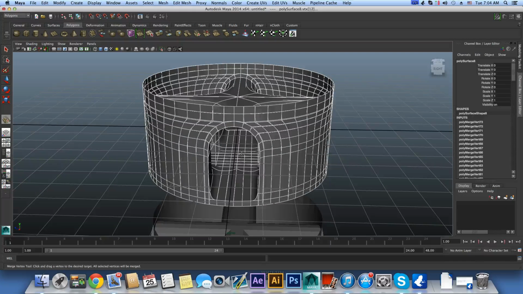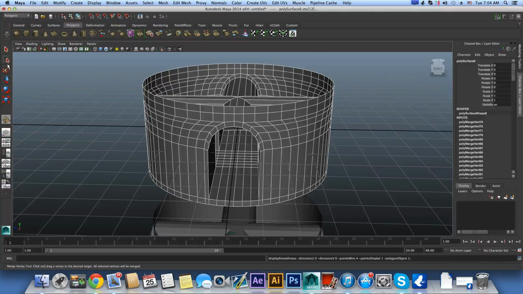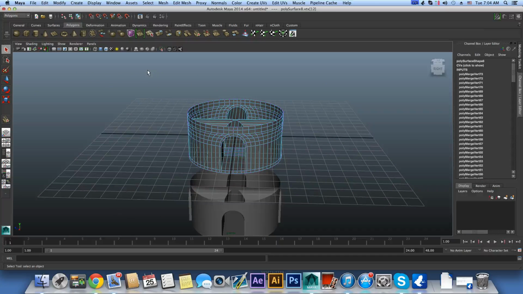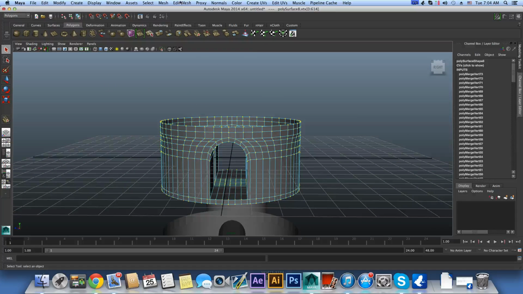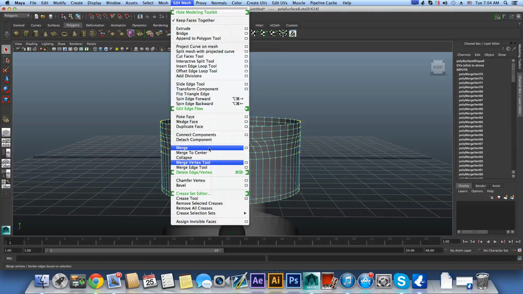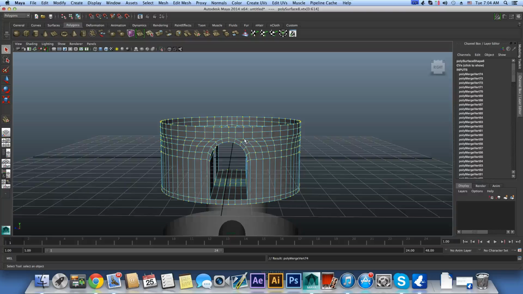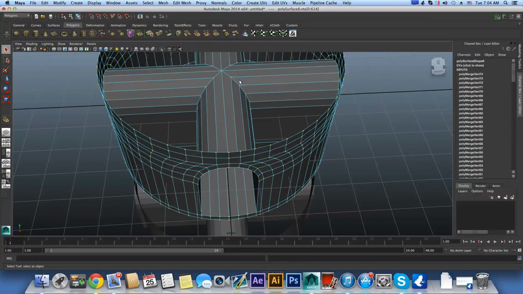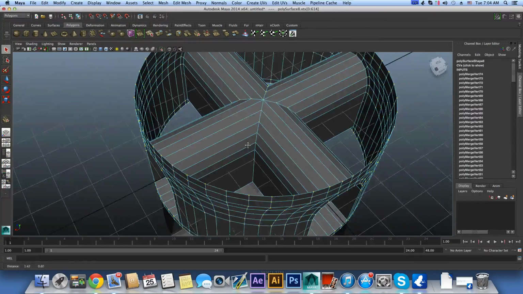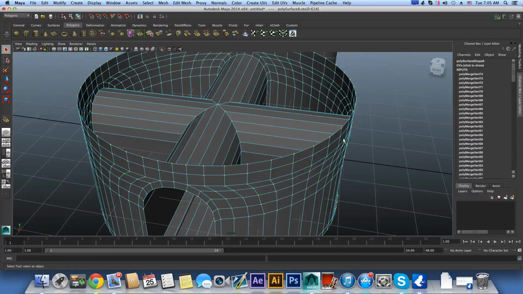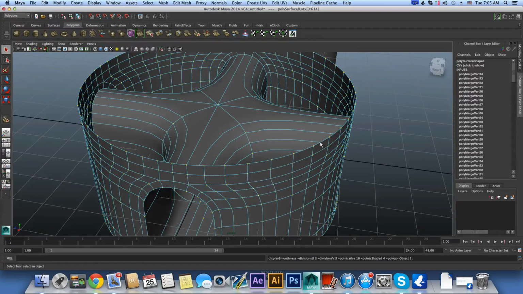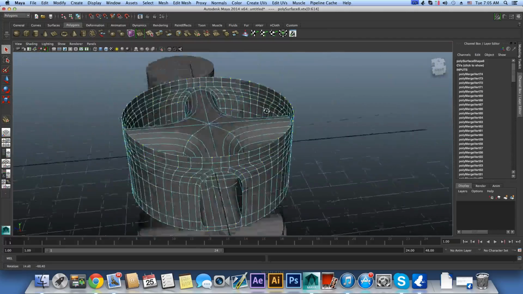So I will press 1 to exit the smooth preview, then choose the selection tool, right click, vertices. I'm going to grab all the vertices on top of this model and go over Edit Mesh and Merge whatever is there. I just merged every two points that are very close to each other but not connected. And now when I press 3, you can see there are no